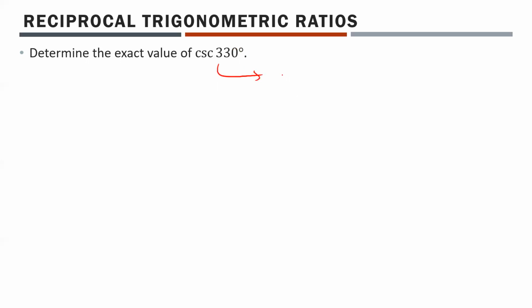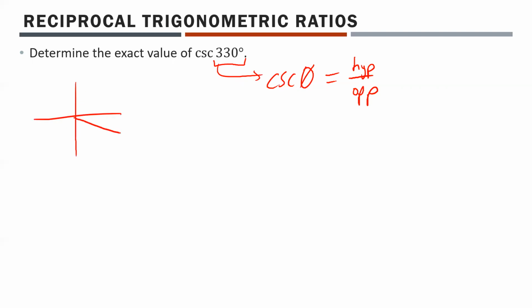I'd say, all right, cosecant of any angle is the reciprocal of sine, and sine is opposite over hypotenuse, so that means cosecant is hypotenuse over opposite. Because again, it's the reciprocal of sine. Sine is opposite over hypotenuse, so I just flip this around, right? Now, the other thing I noticed in this question is 330 degrees is something that's setting up a nice special triangle. Of course, 330 degrees is found just down here, and that leaves a 30-degree reference angle,